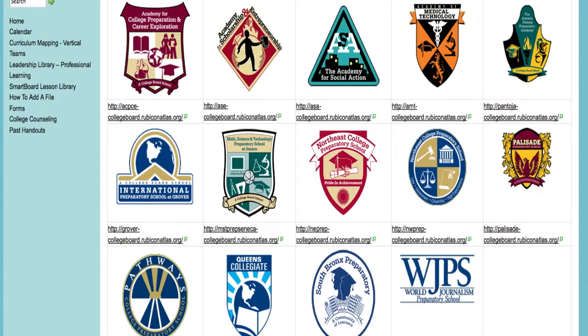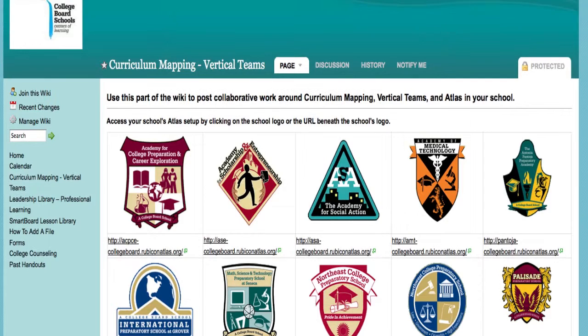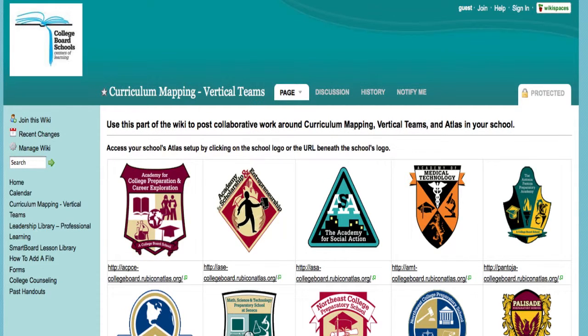There's also the leadership library, and we're going to be building out a lot of things on here as well to kind of make more sense of the older wiki and add lots of new things as they come about. So, again, stay tuned and make sure you check out